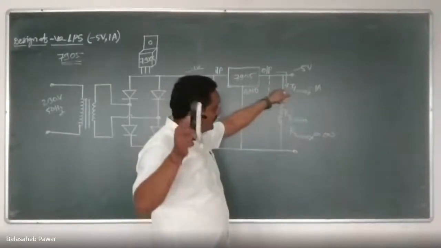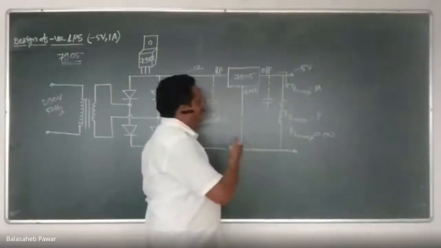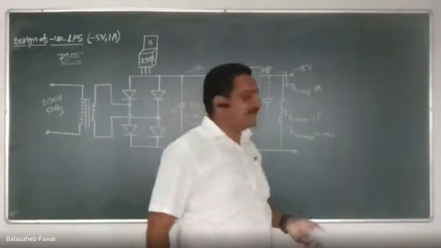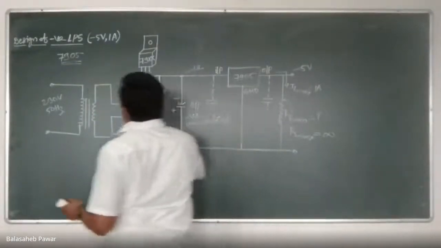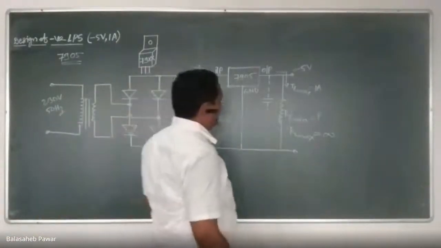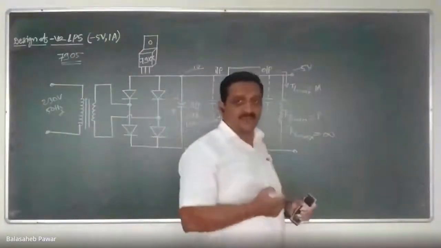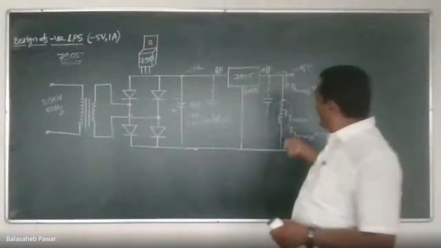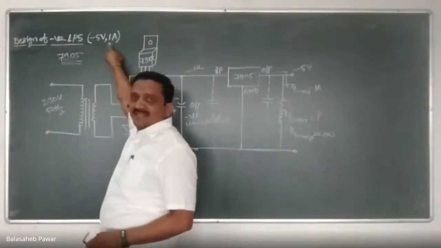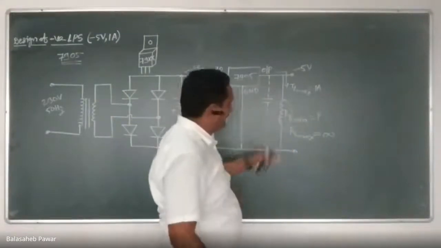Is it? But what do you have to worry about? You have to worry about how much minimum resistance I shall apply to protect this linear power supply from the overcurrent, right? Already here we stated that the linear power supply is designed for a 1 ampere current rating. That means you have to find out how much minimum resistive load I shall connect to it so that it will not consume current beyond the rating we took while designing this LPS. Is it? So how much will be this RL min? Can you determine? It's again very simple.